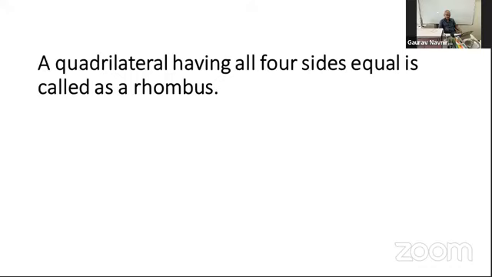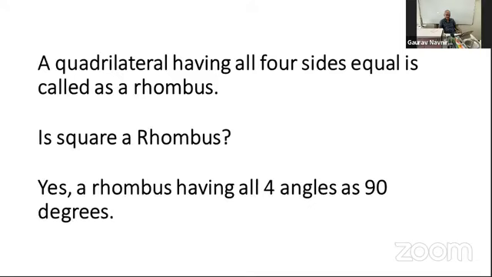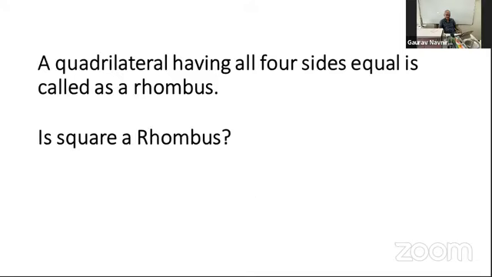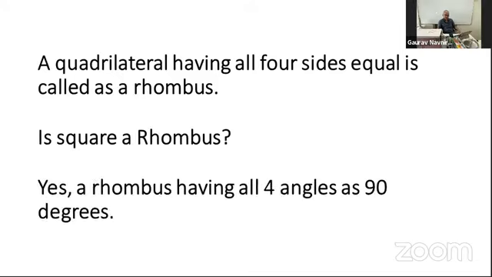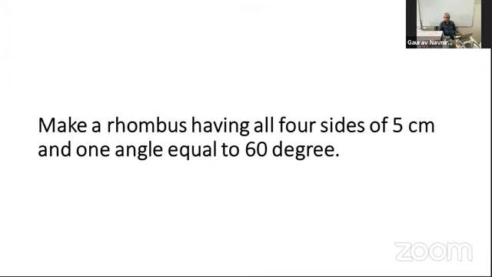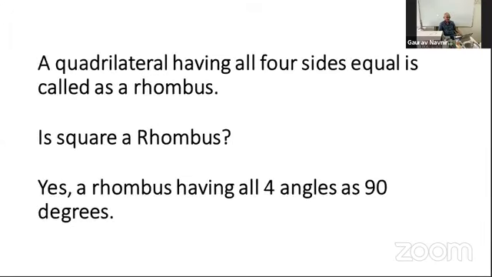So a quadrilateral having all 4 sides equal is called a rhombus, as we know. Next slide. We asked the question, is a square a rhombus? And we also discussed that. And we answered that yes, a square is a rhombus which has all 4 angles as 90 degrees. That is a square. Okay? All right. Now,